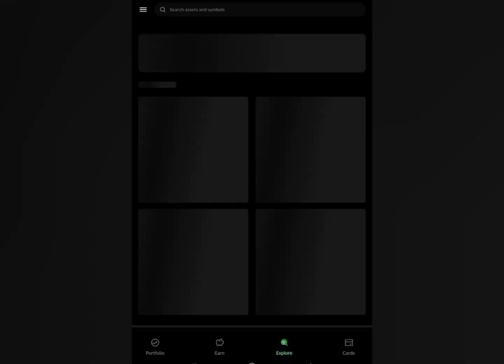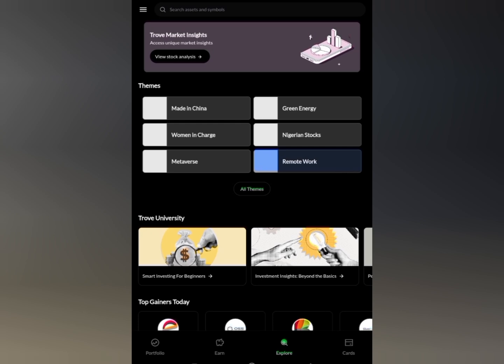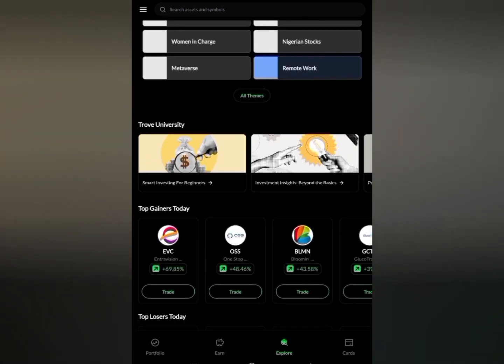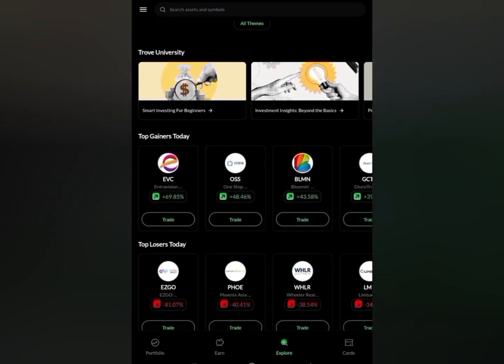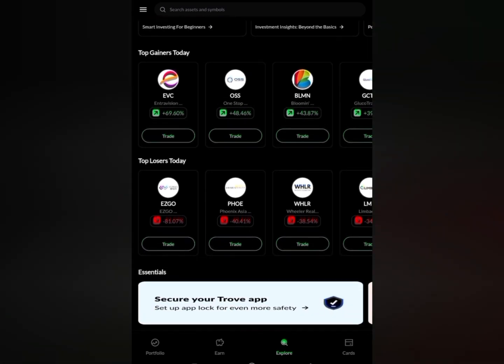Okay, so the next thing you want to do is log in. Once you do that, you can see we have successfully logged in. Our account has been created, but take note there are still some other verifications you will need to do before you can successfully fund your account. Okay, so